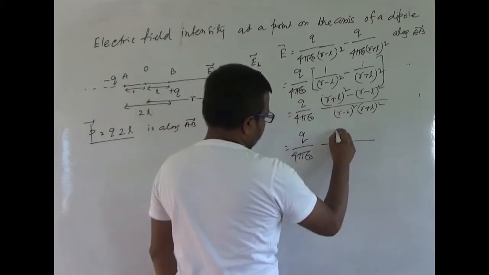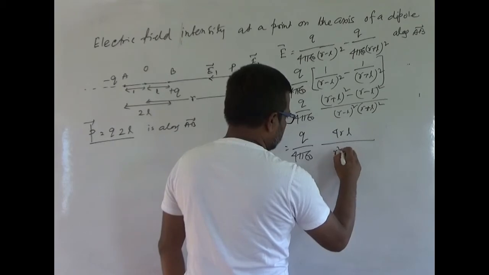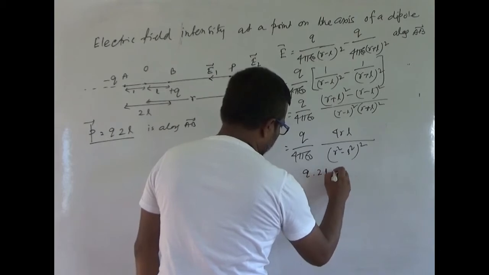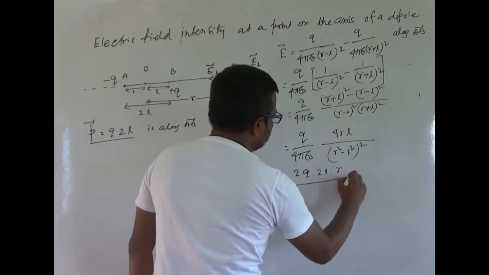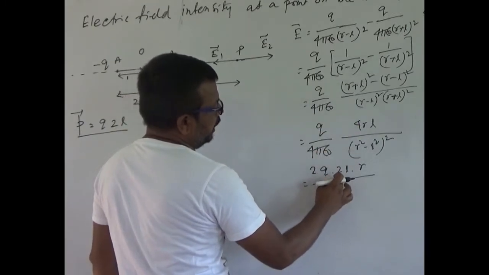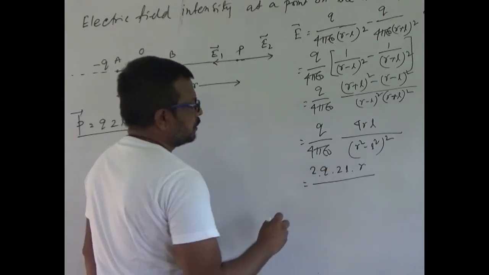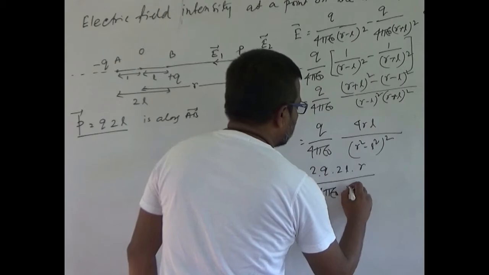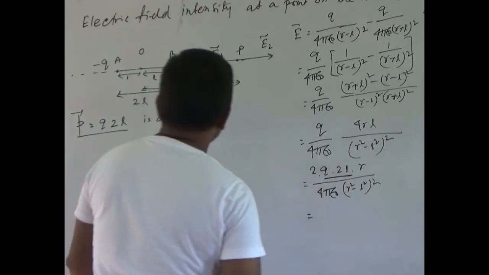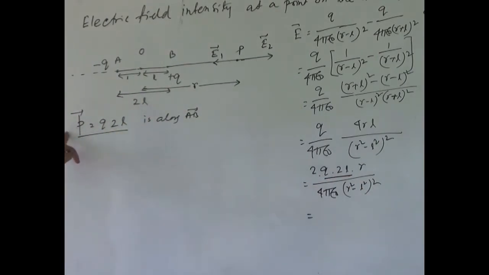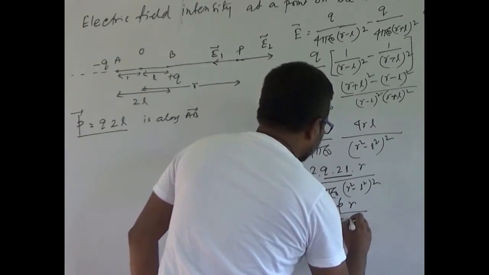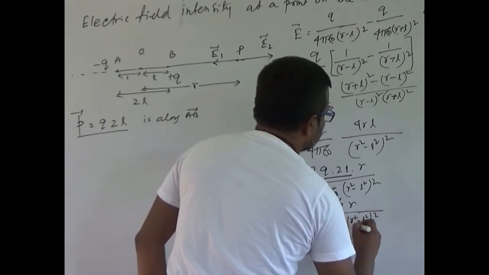This is 4RL. And what is this? This is R square minus L square whole square. Or you can write Q into 2L into R and put here 2. Here 4RL into Q, that means Q into 2L into R multiplied by 2. And here is 4 pi epsilon naught R square minus L square whole square. From here, what is this? This is Q into 2L, which is P, the dipole moment. That means you can write 2PR divided by 4 pi epsilon naught R square minus L square whole square along